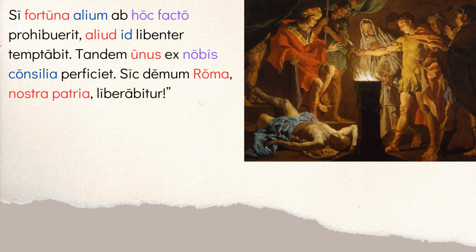And he says, "sic demum Roma nostra patria liberabitur." Okay, so thus, or in this way, seek Rome, right? Roma, nostra patria, our fatherland, liberabitur, will be freed. It's future passive. So in this way, at last, demum, finally, our fatherland, Rome, will be freed from you, right? Because they're under siege. So he tells them the plan, but again, Mucius is kind of threatening Porsenna, in a way, saying, you better get out of here because someone's going to kill you.